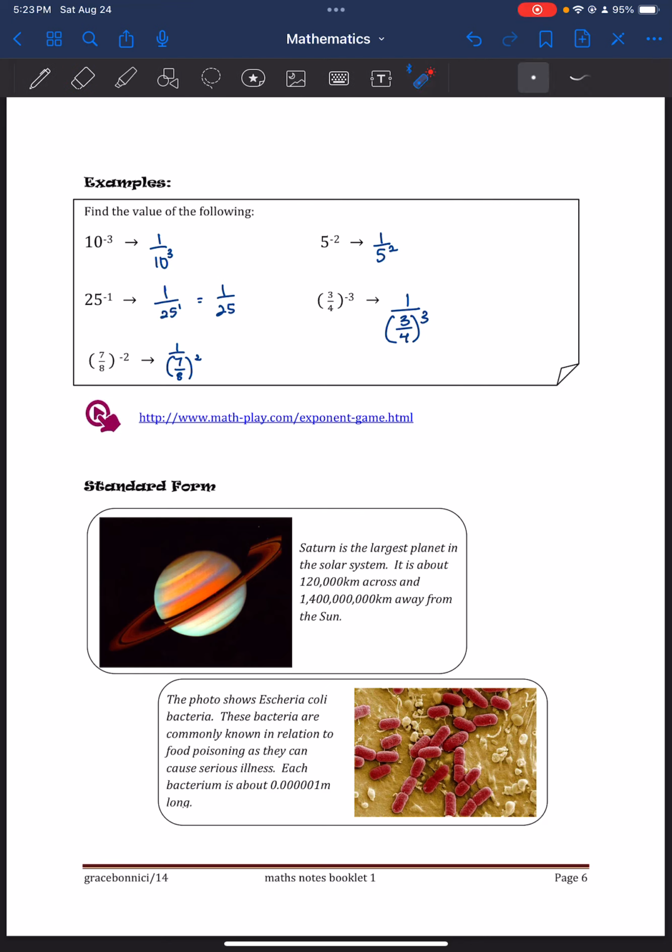Okay, so moving on. I remember explaining standard form to you, and I was saying it is basically how we express very large or very small, tiny numbers. An example of a number that would be very large that we would have to shorten would be the distance from you to Mars or space or something like that. And something very small would be maybe the size of a cell, the size of bacteria, stuff like that. So the reason why it's important, other than shortening the number, would basically be to avoid making mistakes